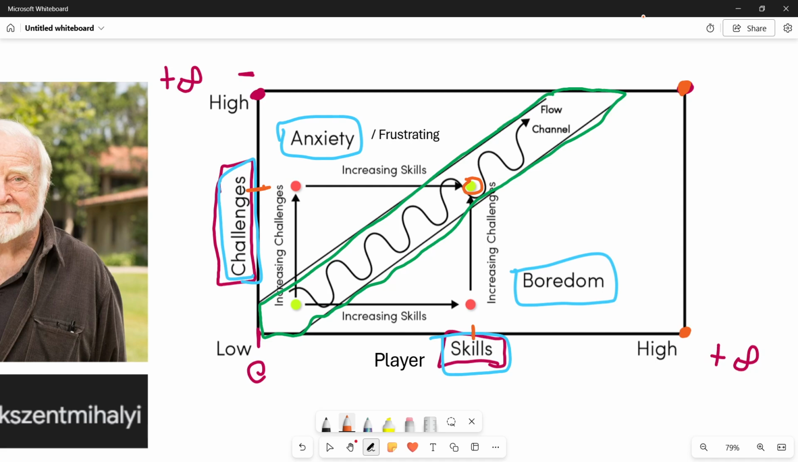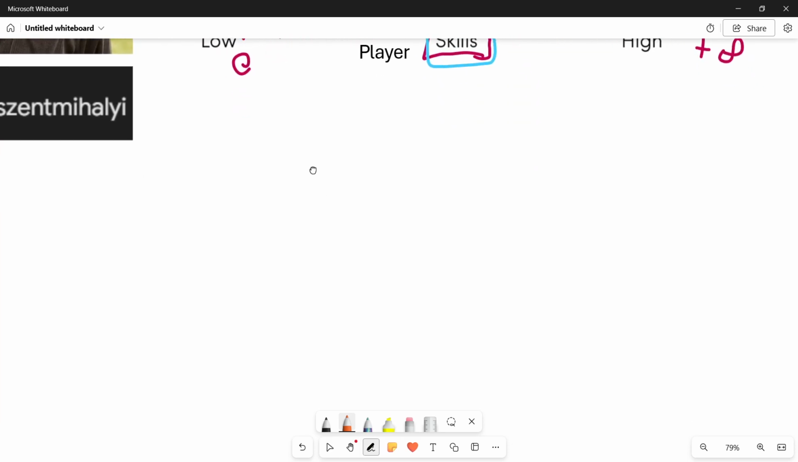Whenever the player does not have a lot of skill in the game, and also the challenge is not that daunting. In that case, it is still inside of the flow channel, as you can see. And why is this important, okay? Because whenever we start a new game, what we usually have is called the